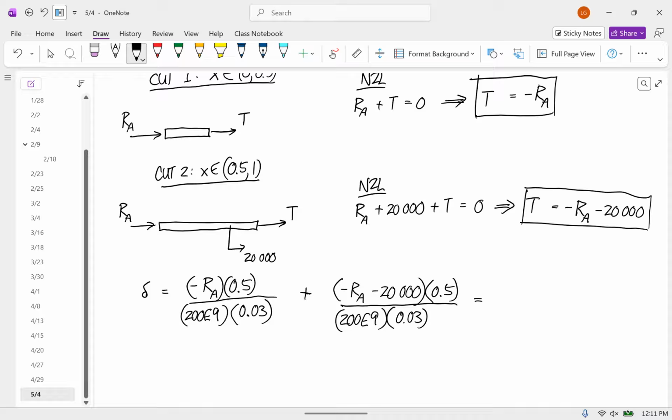Okay, so I have 1.6 repeating times 10 to the minus 10 times RA, and that's negative. And then minus